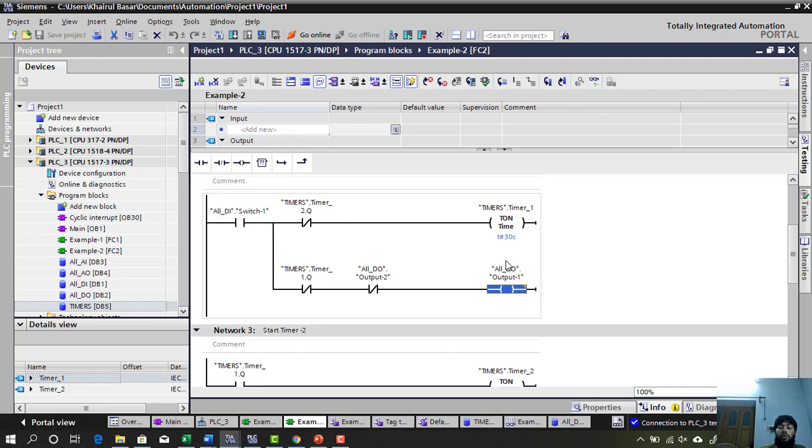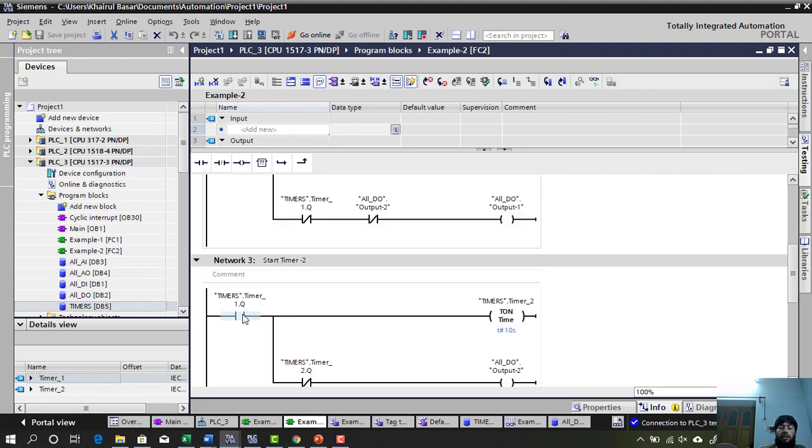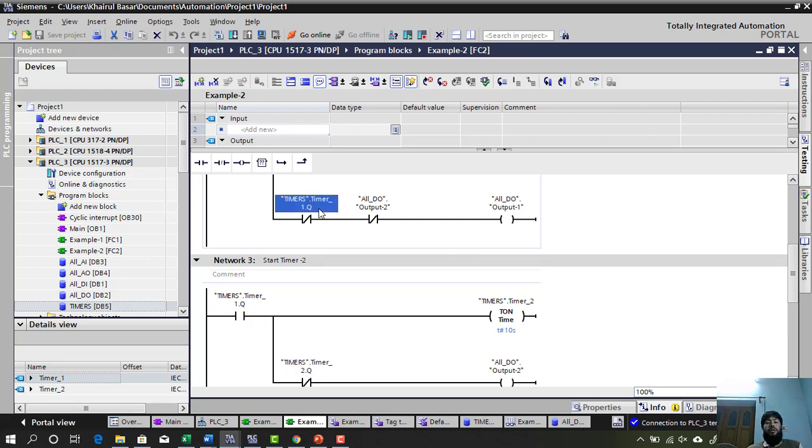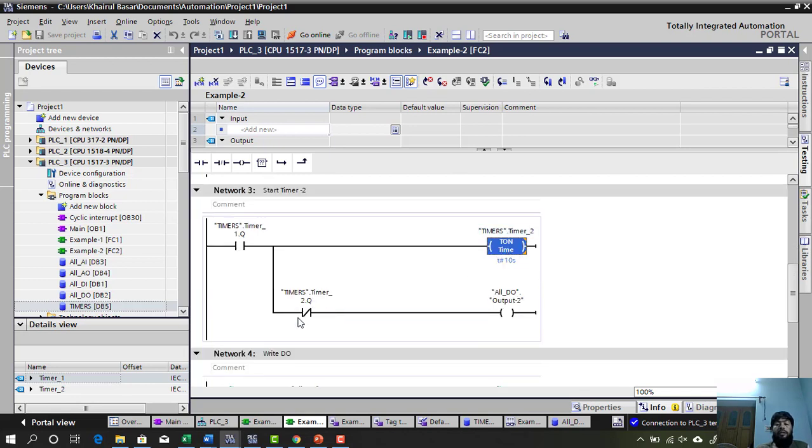Now we go into the next step. When the timer is done, that is, 30 seconds is over, then the timer.Q bit will be enabled, and immediately we have used another timer for that. So when this is enabled, we start another timer for 10 seconds, that is timer 2. But when timer 2 is running, the timer 2.Q bit is off, so we use this instruction again to turn on output 2,